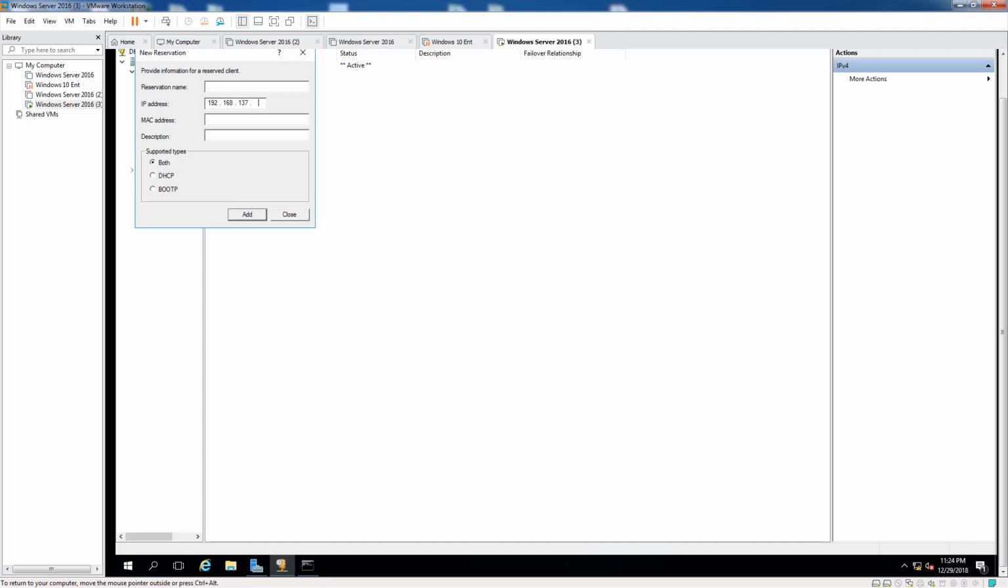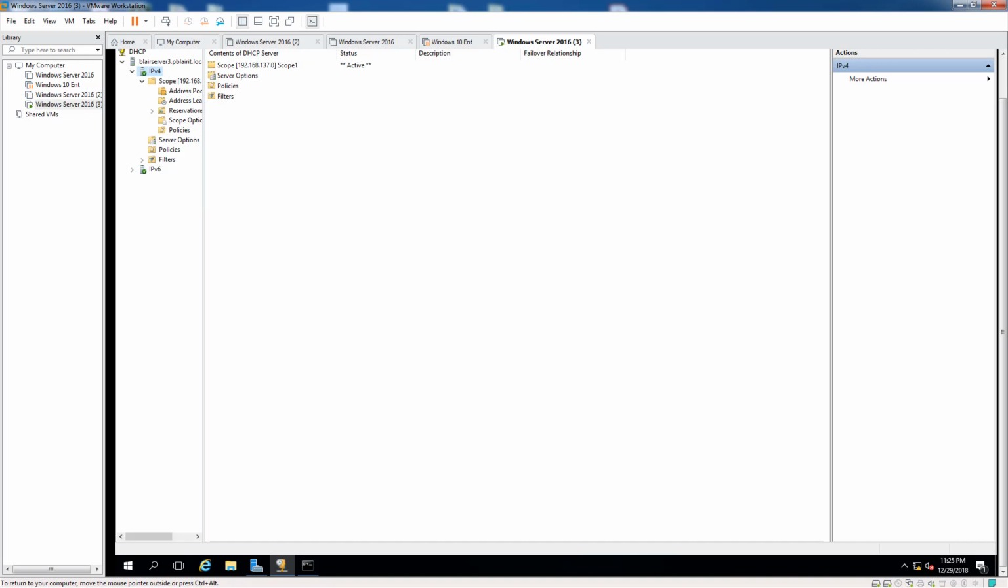But from my experience, BOOTP is hardly ever used anymore. That was an old way of distributing IP addresses. Now everything pretty much runs DHCP. But for the sake of purposes here, I'm just going to leave it set to both. I'm going to close this out, and